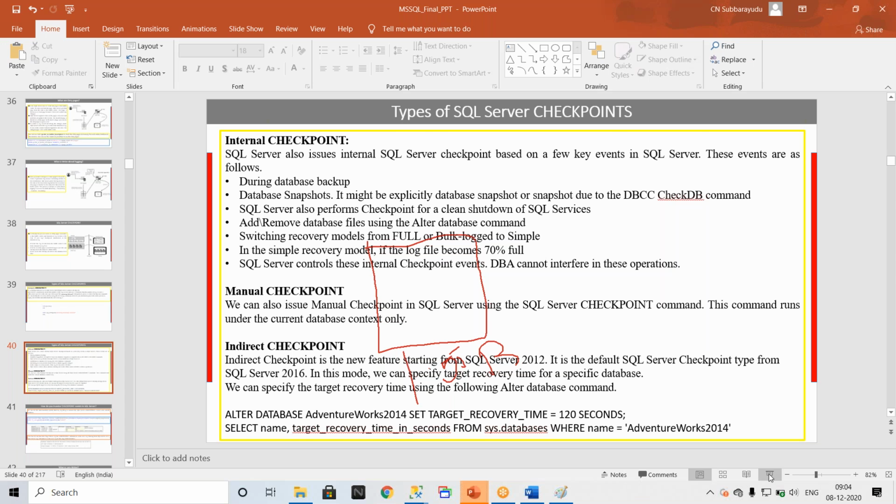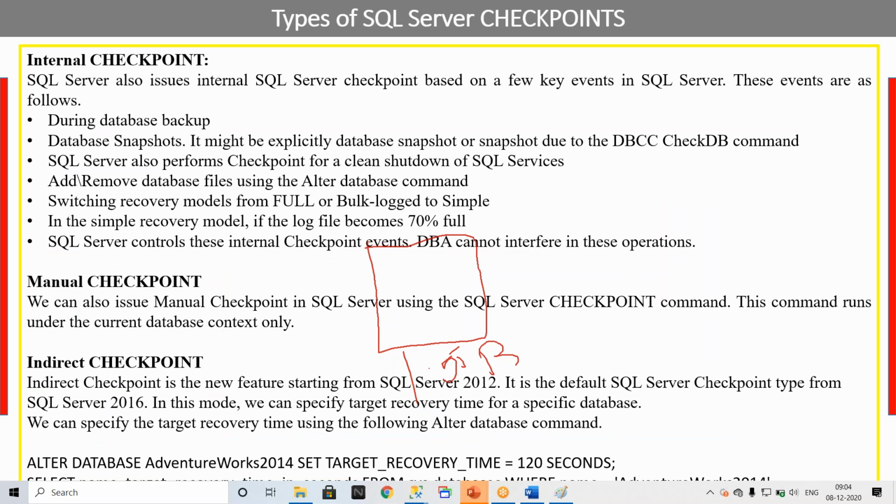The last but not least is indirect checkpoint. Indirect checkpoint was introduced in 2012. By default, automatic checkpoint is triggering at the instance level. But in case someone comes to you and asks,